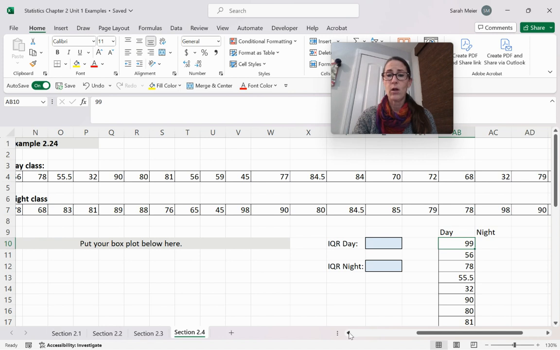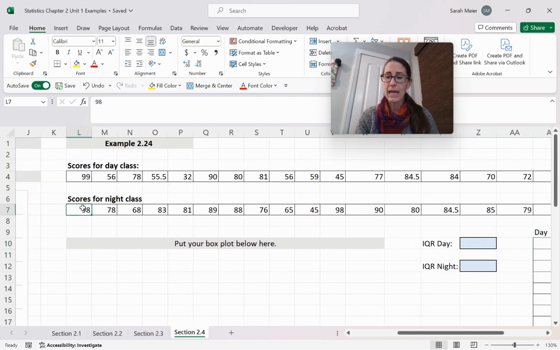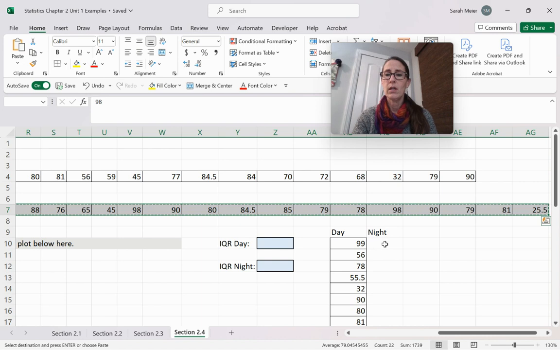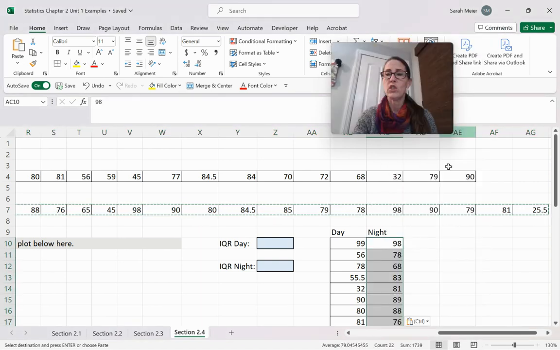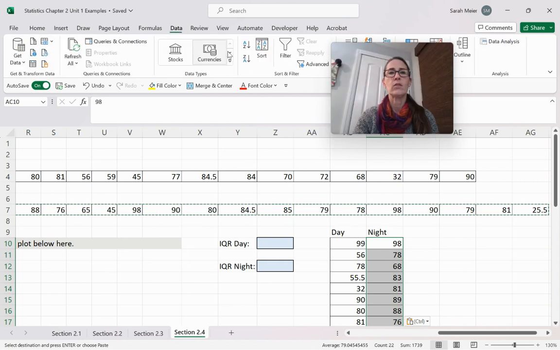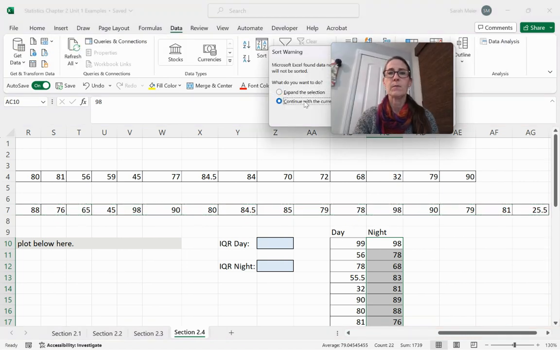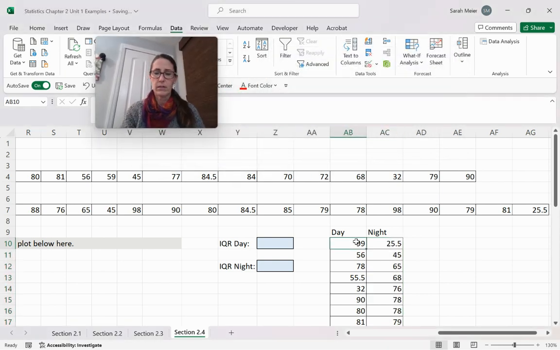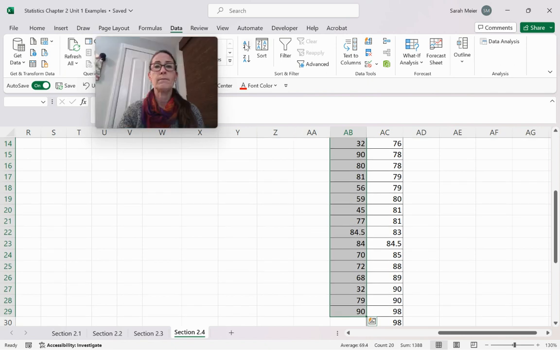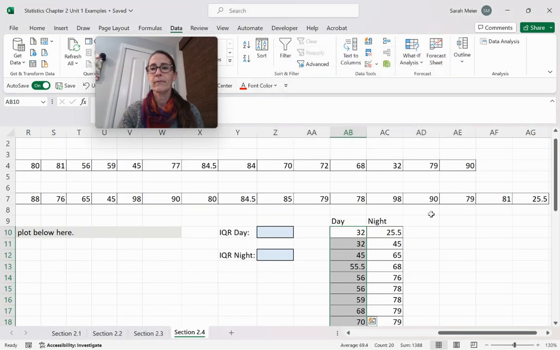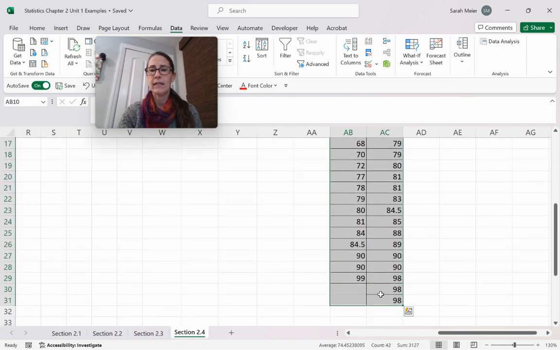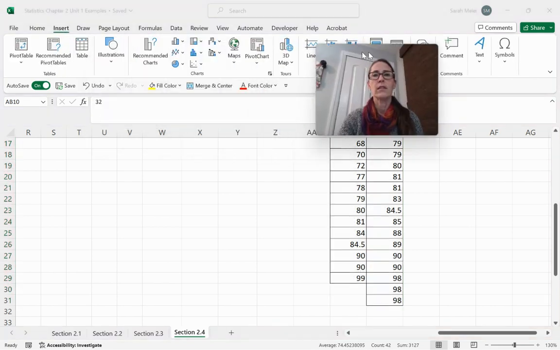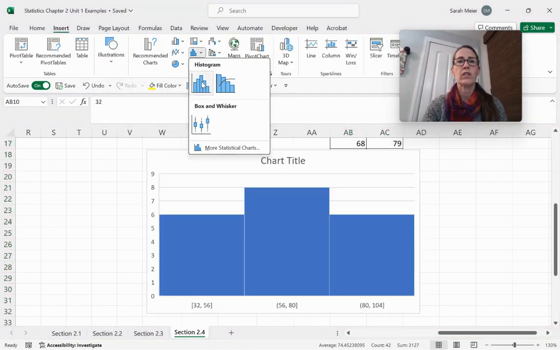And again, a lot of what I do are things that you can do, but you don't have to do. You'll be thinking about your situation and what you want it to look like. I am going to just sort that quick because it's highlighted. It's going to ask me if I want to continue with that current selection. Yes, please. And then I'm going to sort the daytime one. Okay. And now when I highlight my data and I insert that chart, which I just did a minute ago,